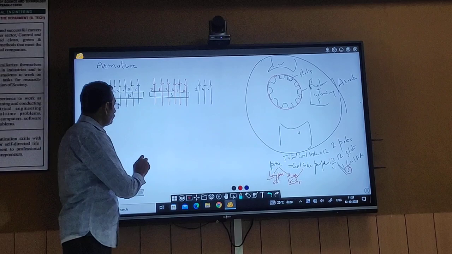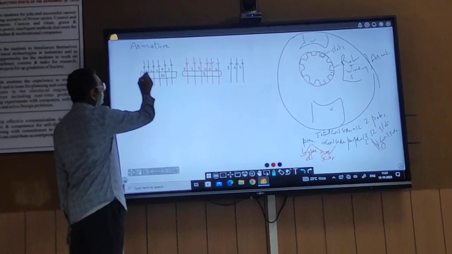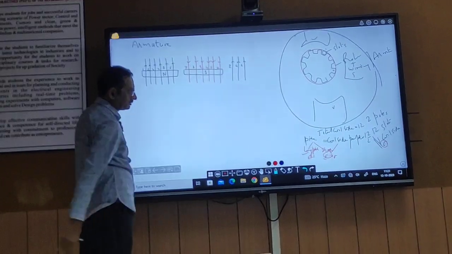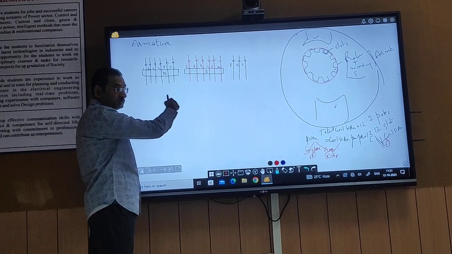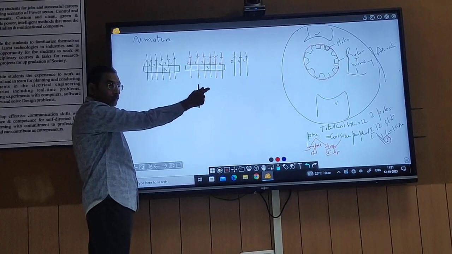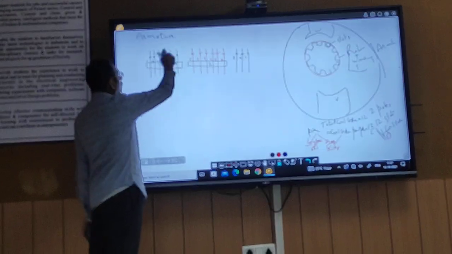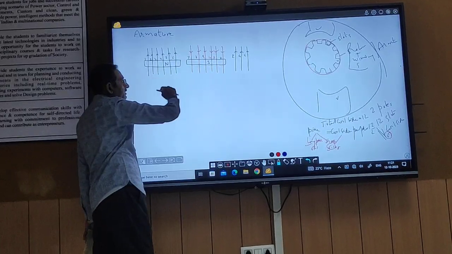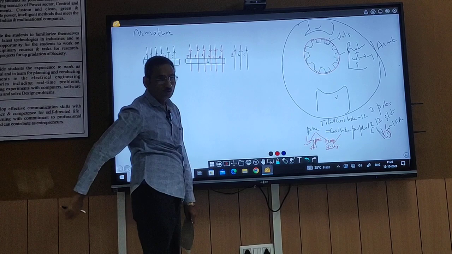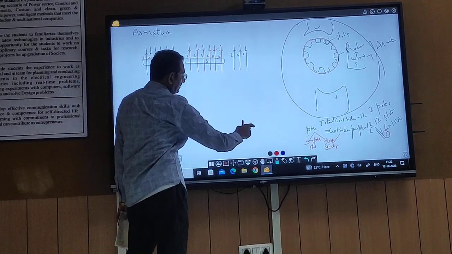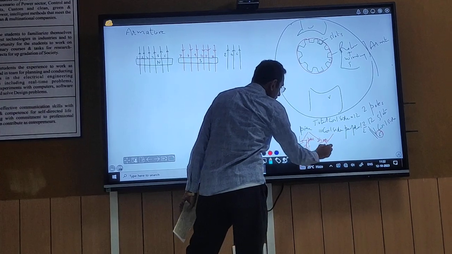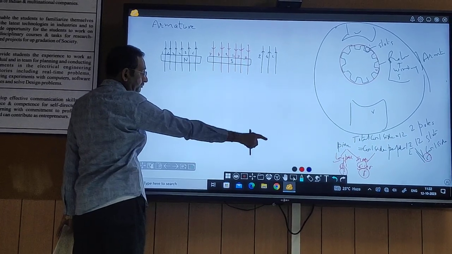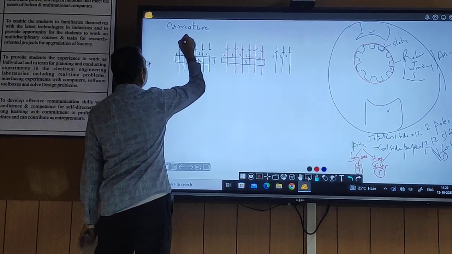What does that mean? We will say it is number 1. 1 will be connected to 1 plus 7. 1 plus 7 means we go forward then return backward. We go forward, return backward, go forward, return backward. This is how we make the winding. So if we do 1 plus 7, long pitch, say for example it is 7, then 1 plus 7 is equal to 8.